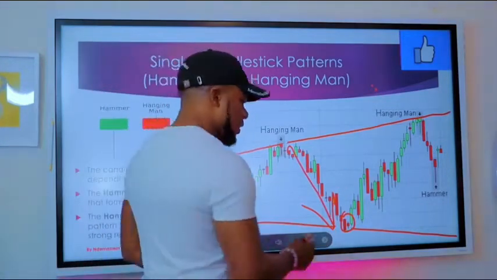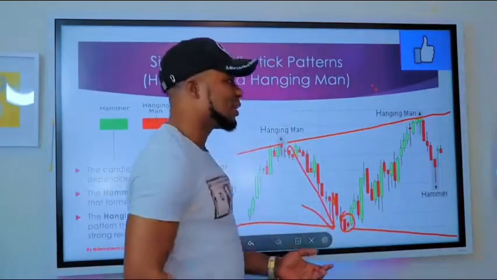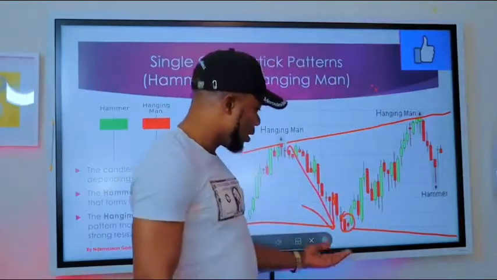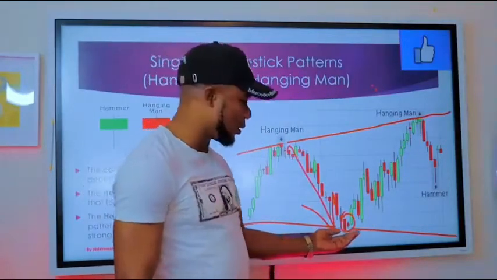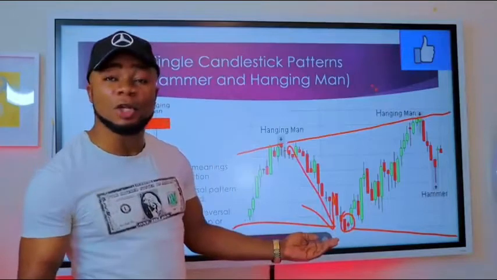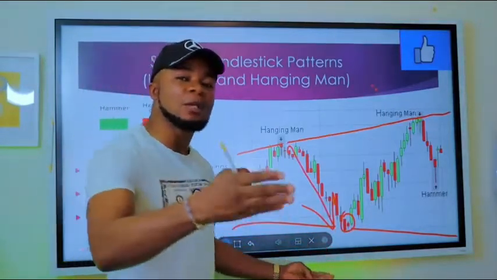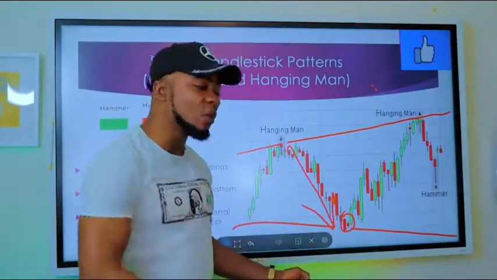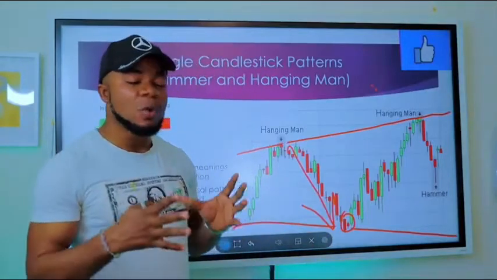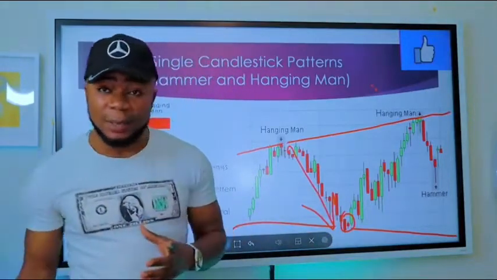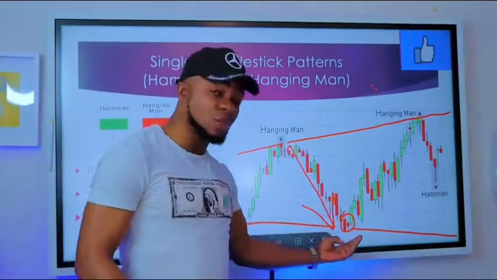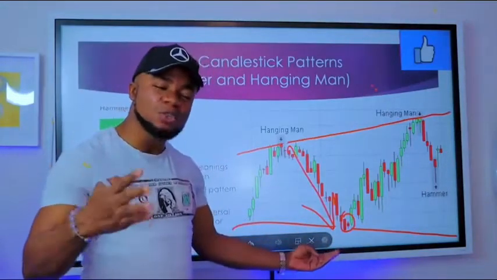All right. So you can see when you are using support and resistance, when the market gets to a particular support, you look for a confirmation. If you have a confirmation, that confirmation will be given to you by particular candlestick patterns. That is why by the end of the video, you'll have an idea of all the candlestick patterns, so that if the market comes back to the support on the channel, I'll still teach you how to